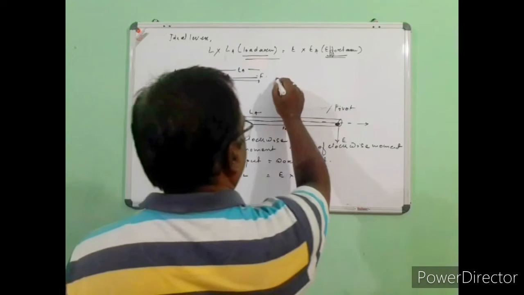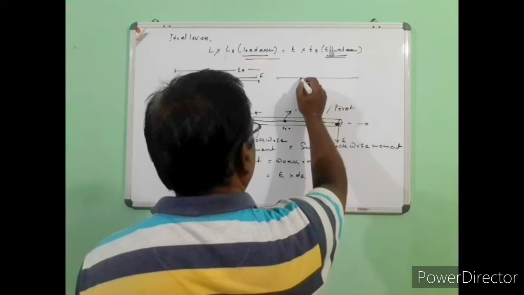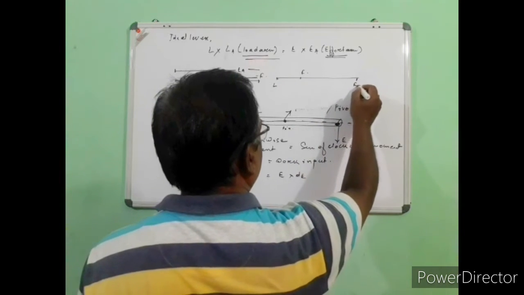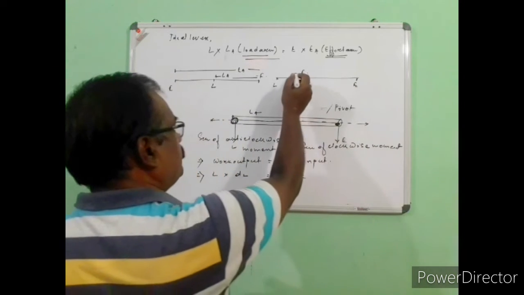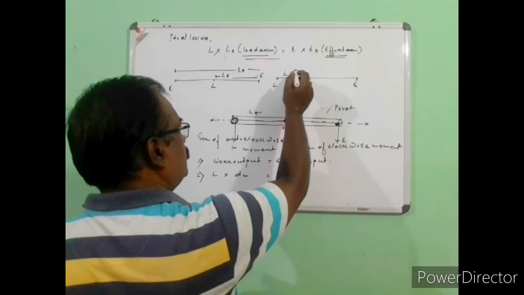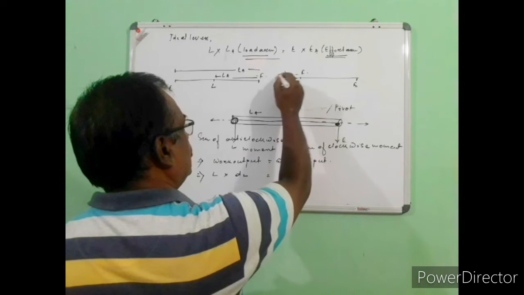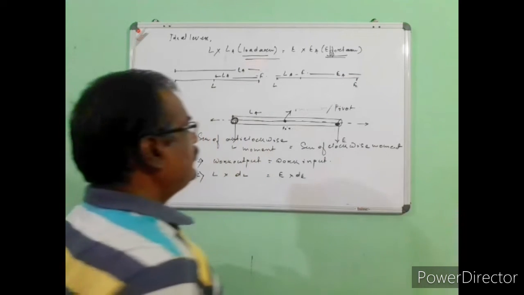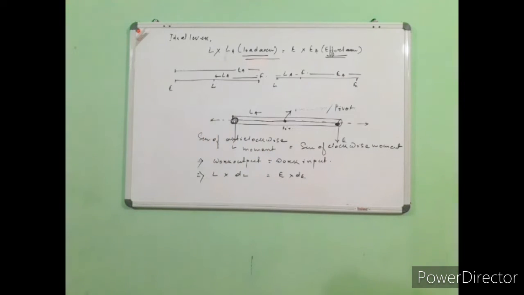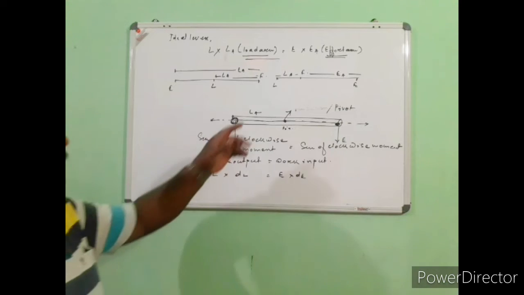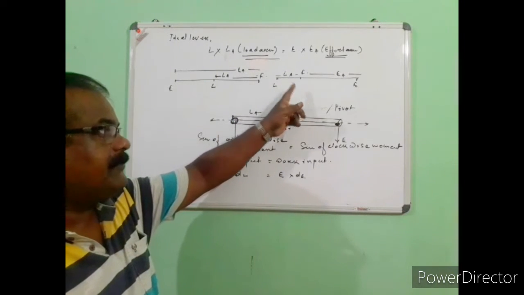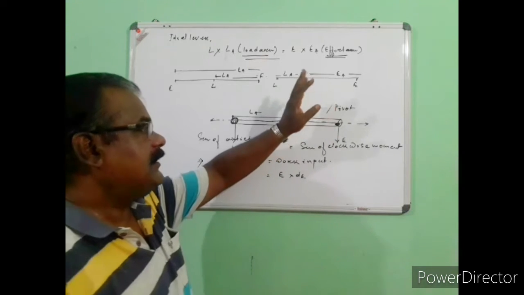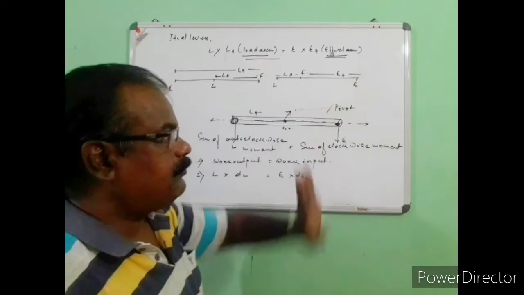Now if the fulcrum is somewhere else in the middle, and suppose this is the load and this is your effort point, then from this to this is the load arm, and this to this is your effort arm. So the load arm is that particular length on that axis from the load point till the fulcrum, and the effort arm is the distance between the fulcrum and the effort point.